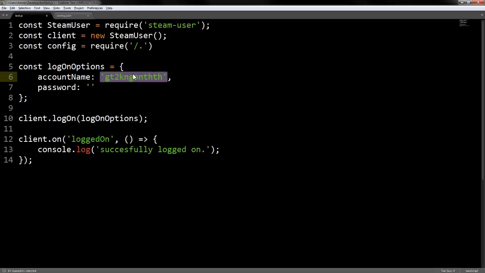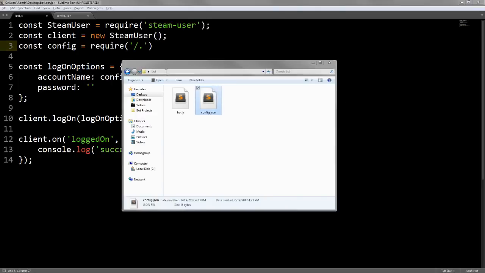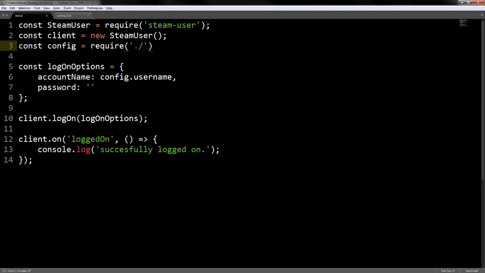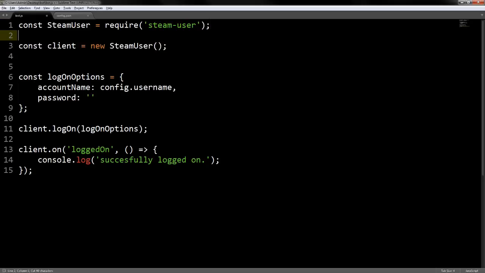And here, instead of the quotes, since they're not actual letters, we want to define where we can find these. So like config.username, and now since we've made the file, it's ./config.json. So this is the default directory, and the file is called config.json, and that's what config is. Whoops, we're going to put a colon there, and just put that right here for some more organization, I guess. And then on password, we're going to type